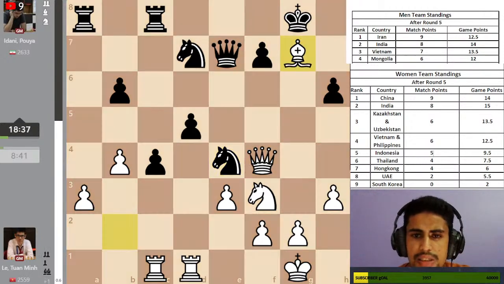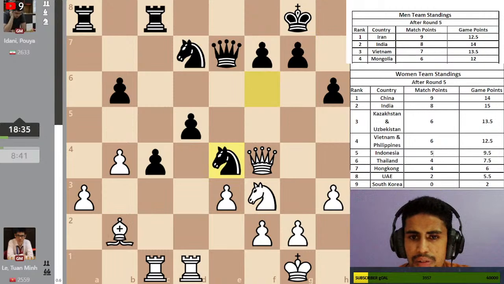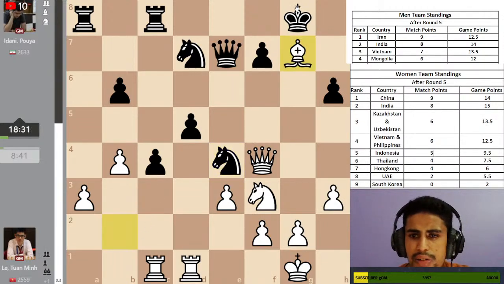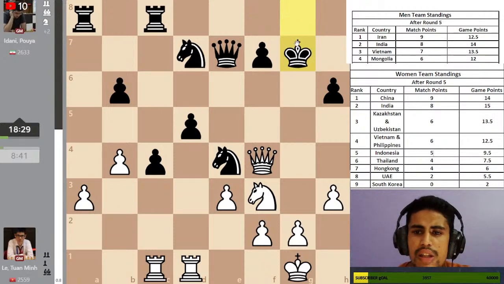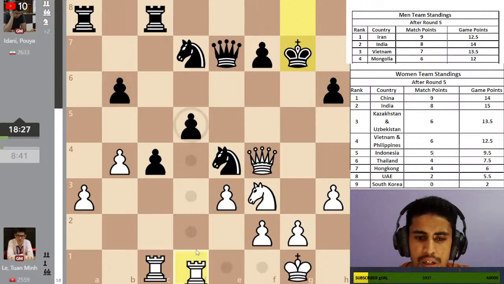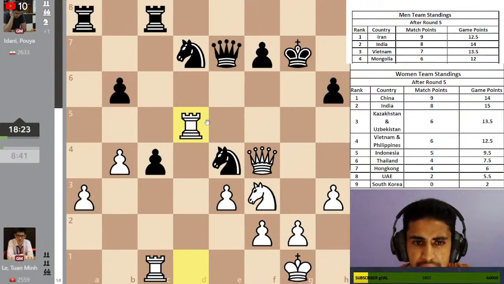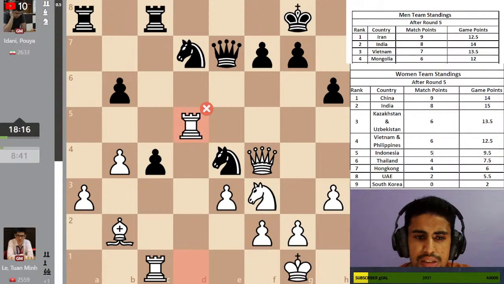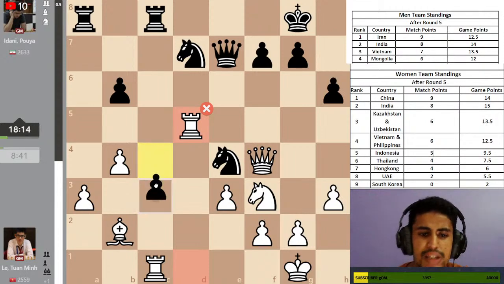Bishop takes g7, which was not easy because the idea of bishop takes g7 is if king takes g7, now you will play this rook to d5. Your rook is pretty much active in the game, and there are some mating ideas here, and white is really doing great. But what happened in their game was after rook takes d5, his opponent found the critical move c3,